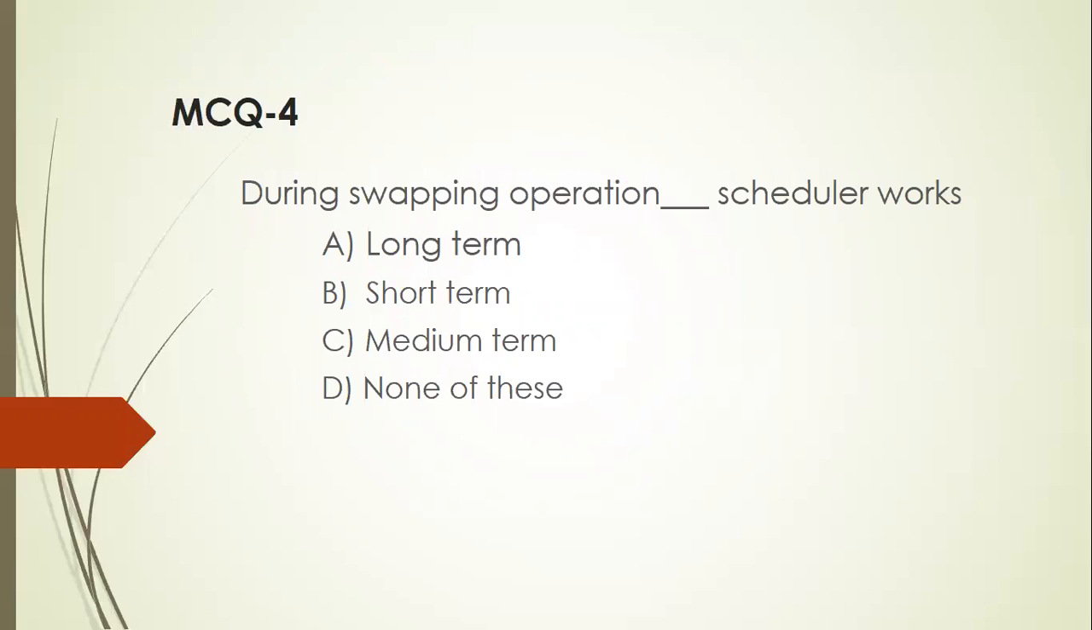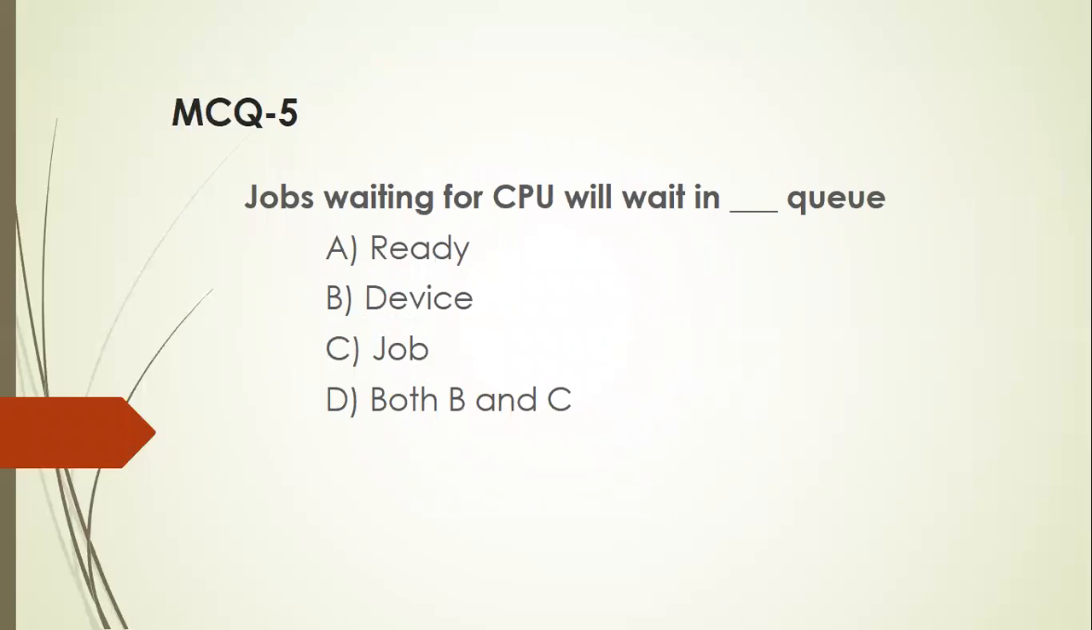During swapping operation, dash scheduler works: medium term. Jobs waiting for the CPU will wait in dash queue. So the job which needs to be executed by the CPU first must be brought from the job queue to the ready queue only, because your CPU executes only those jobs which are available in the ready queue. So the correct answer is